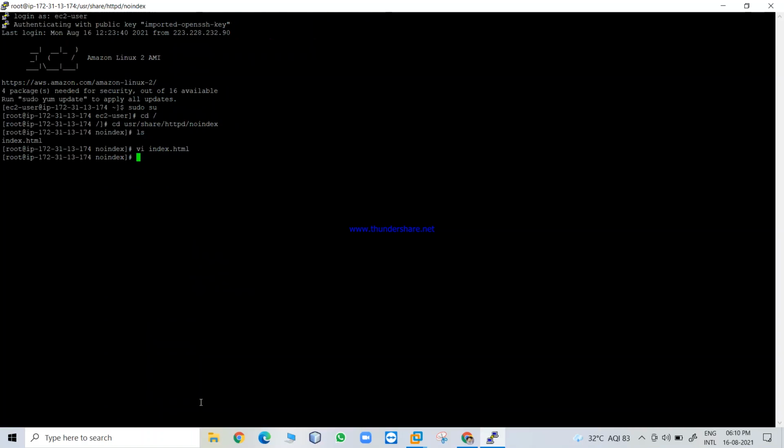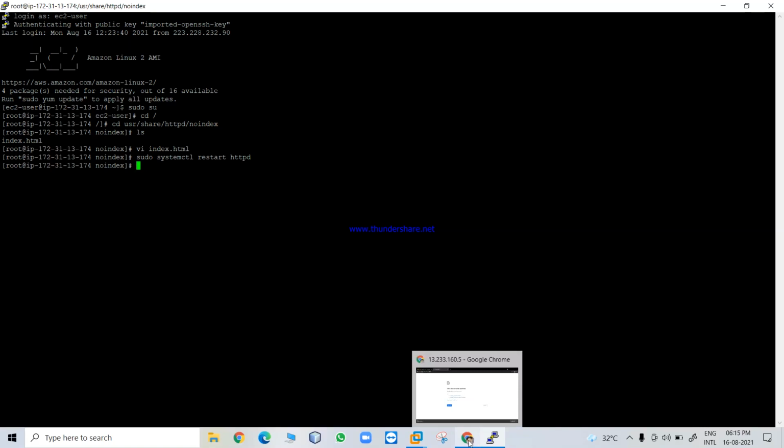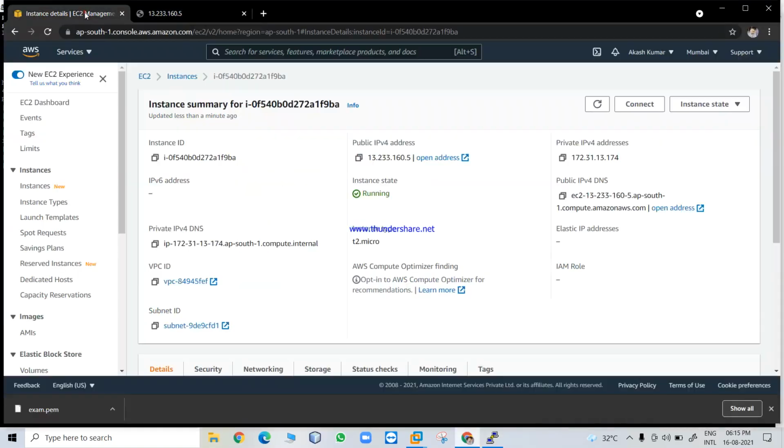Then now we have to restart the HTTP server using sudo systemctl restart httpd. Enter. Now we have to go to the instance. Yeah, we can hit the open address.